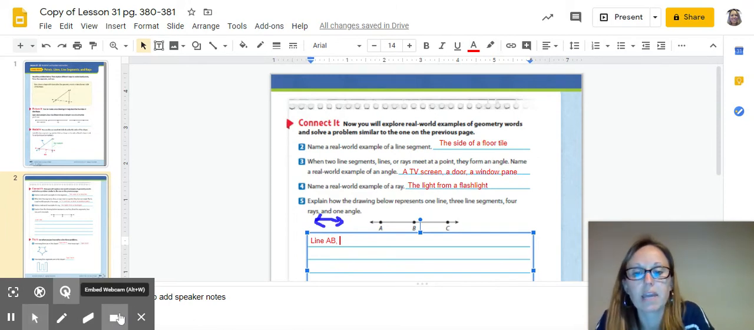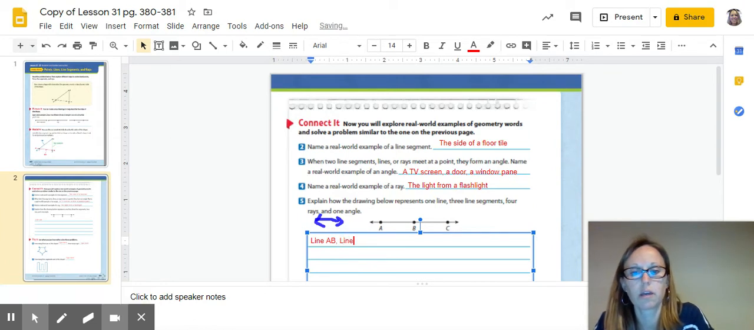All right, so we have line AB, and then we have line AC. We have line BC, line BA, line CB, and line CA. Okay, so if you see that, because we have the arrows going in 2 different directions, we